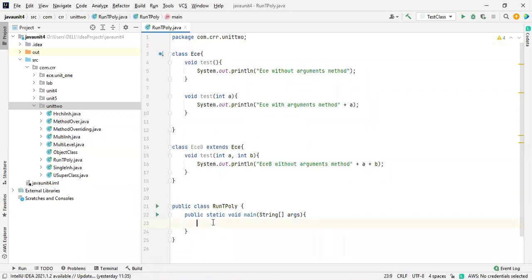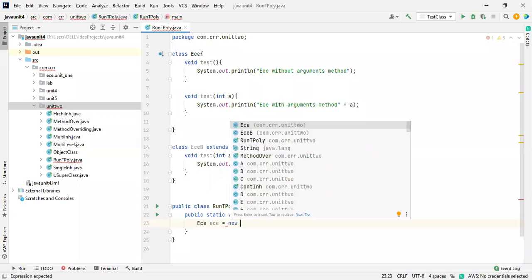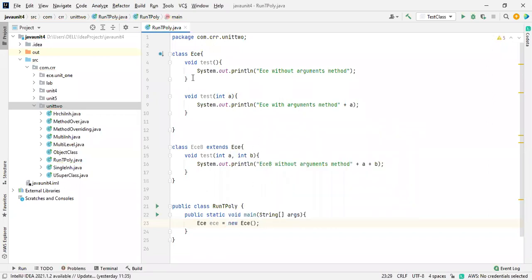How are we going to create an object for ECE? I'm going to create an object for ECE, and the reference we are going to create as ECE, equals new keyword ECE. Just I created an object, and if I want to call these two methods, directly by using the dot operator, ECE dot test2, with the argument value, I need to pass one and 34.